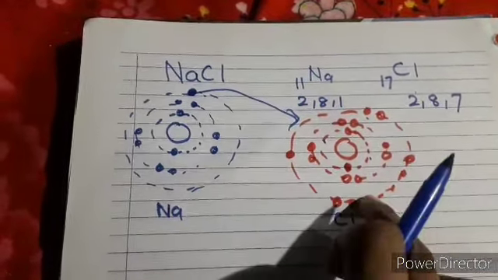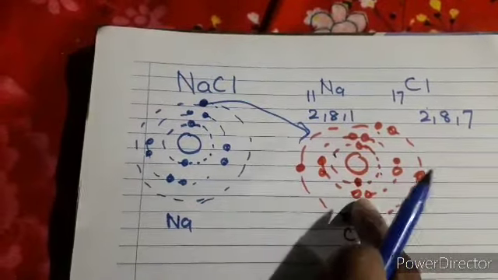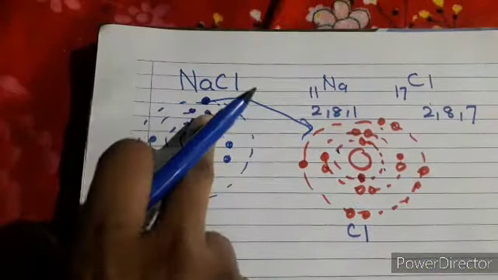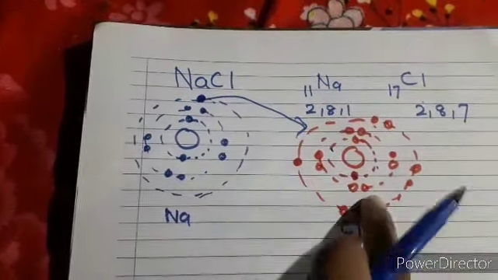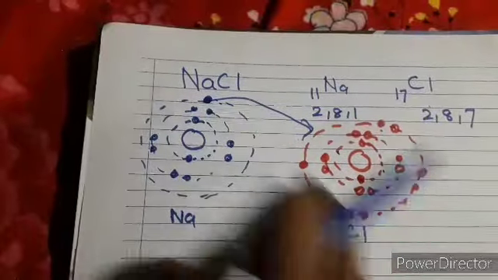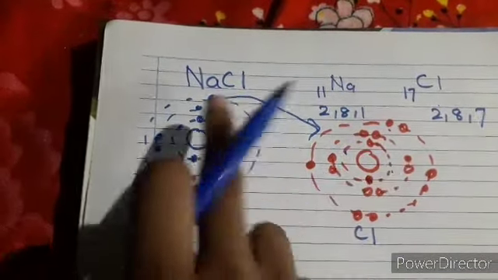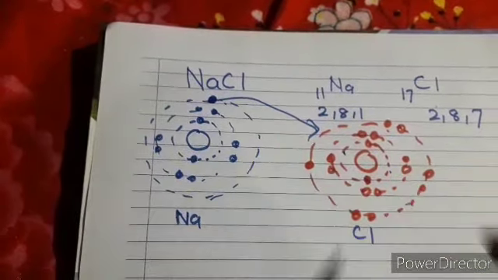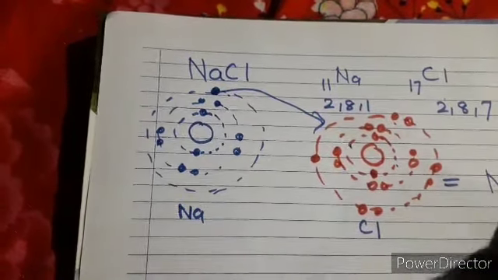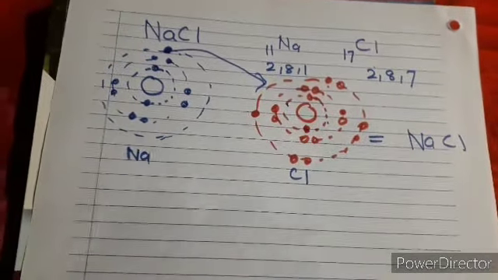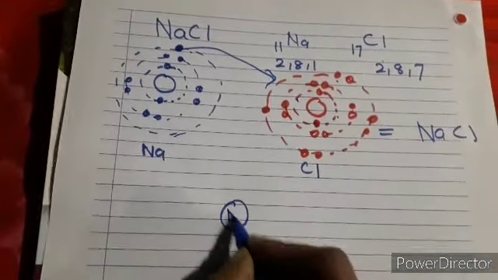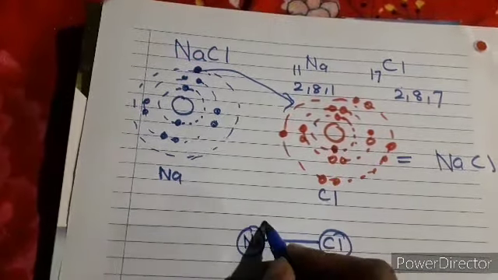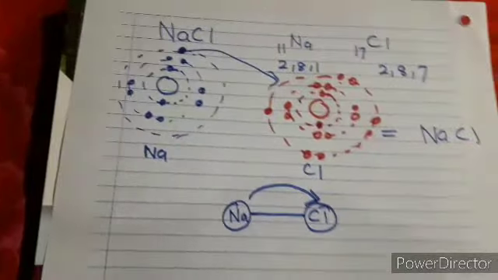So the definition says the tendency of an atom to attract the electrons towards itself. This is that particular atom which is attracting the electrons of the other atom towards itself. When this atom attracts the electron toward itself, it will take the electron, and this leads to formation of a compound. And that compound is what? NaCl. So we can also see it in the form of this diagram: this Na, this Cl, and a bond is being formed, and from here to here the electron is being transferred.